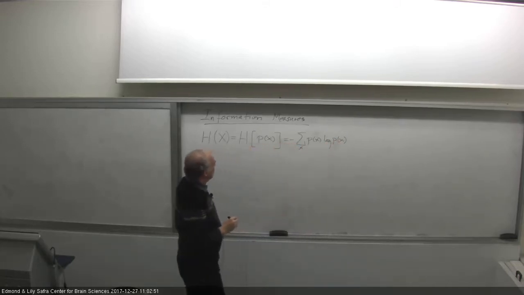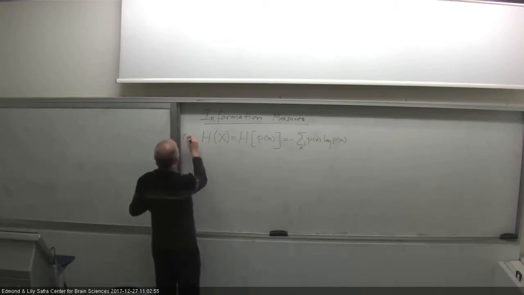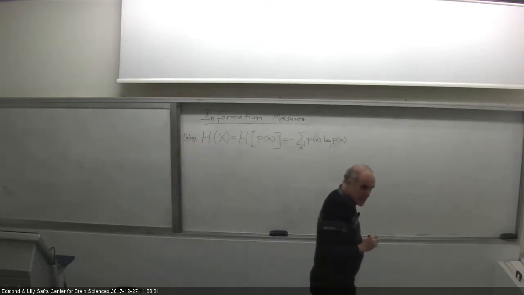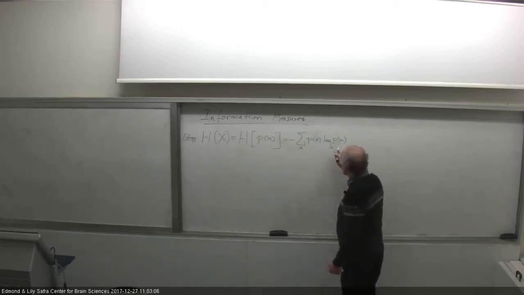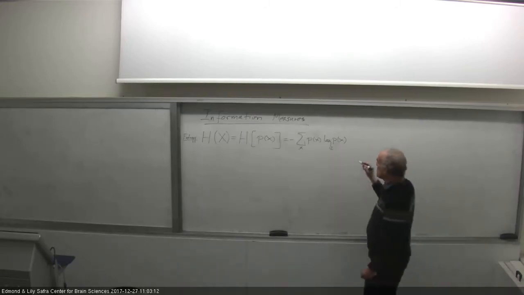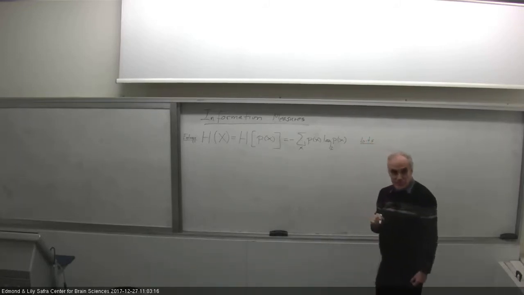And we said that this quantity, which is called the entropy, actually has units. I mean, it has dimensions, and the units are determined by the base of the log. And if we take it to be log 2, then we measure these things in what we call bits, or binary units of information. Okay?